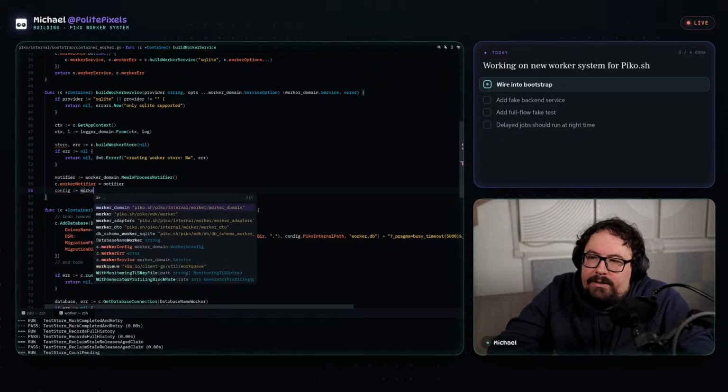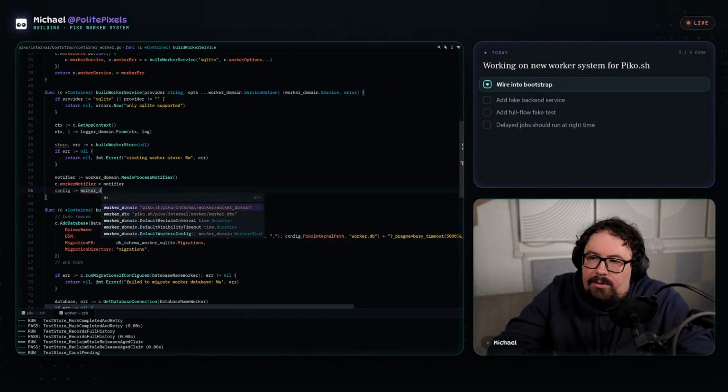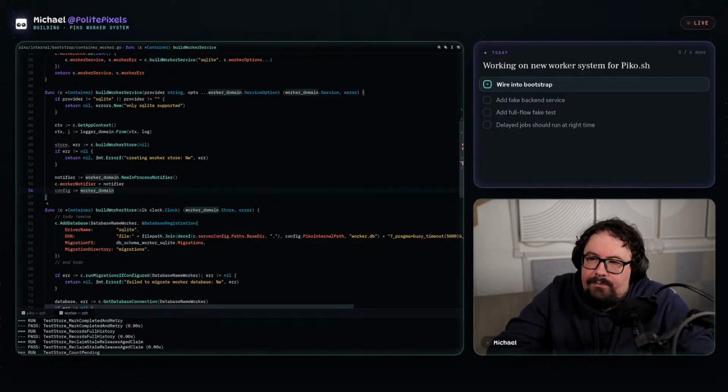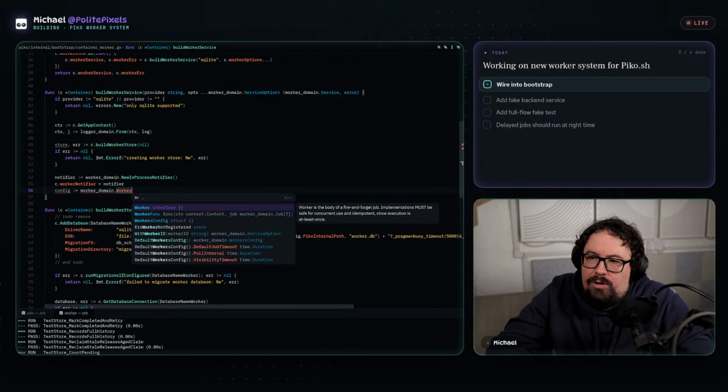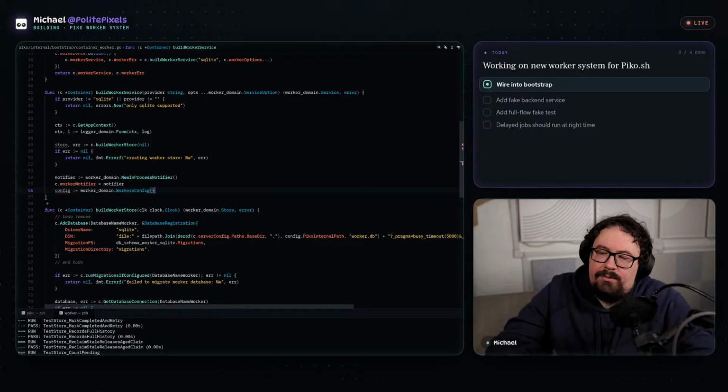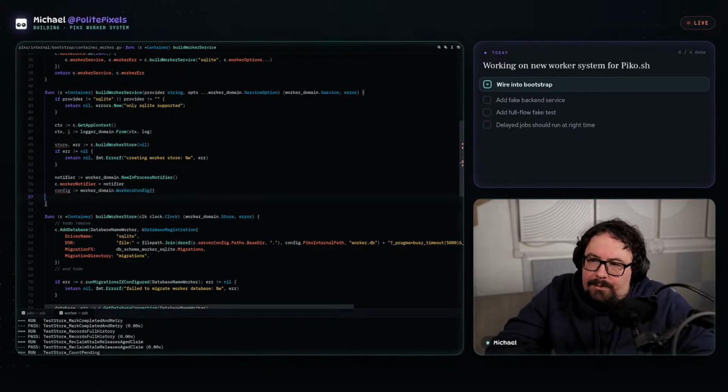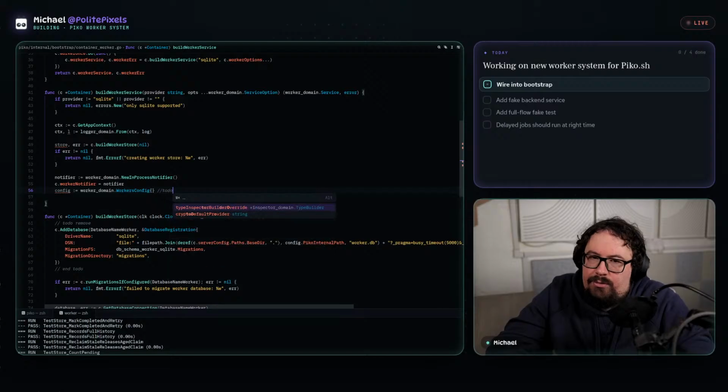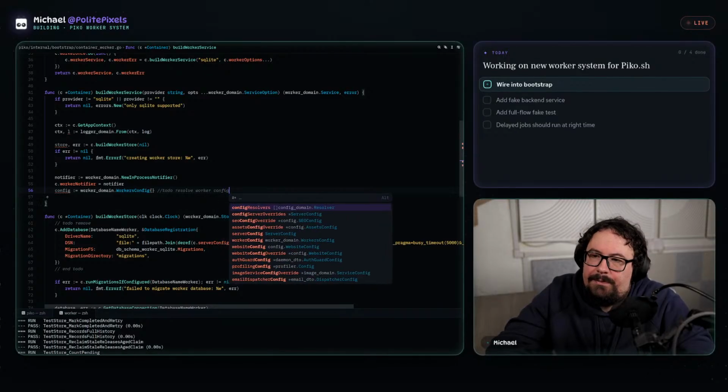We would need to create our config worker. Let's just do this for now. But this would need to handle the actual resolve worker config.